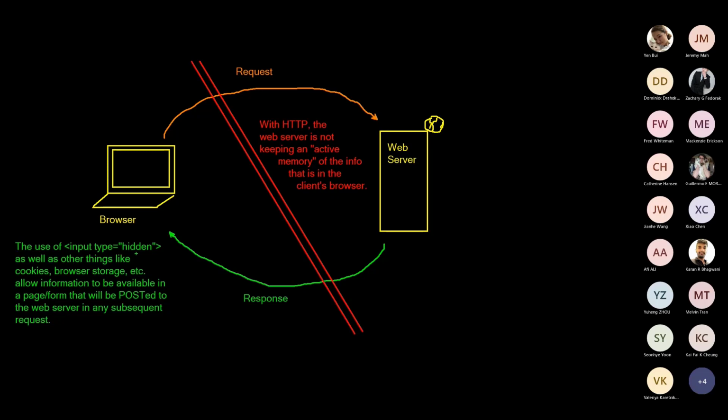And of course, you've got all the other input types where they actually draw stuff on the screen in the browser. But that's how we keep the information that came from the original response in the browser, as well as do our edits to the input controls that we have